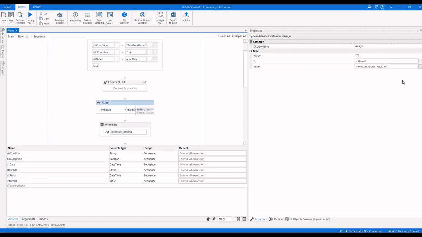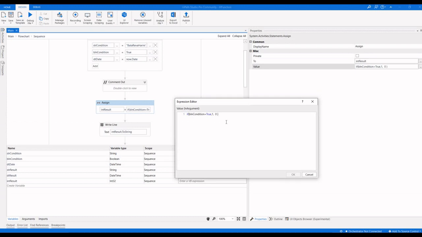Okay, I'm going to take this one, and the condition is true, and also the str condition should be Balareva. If it meets these two conditions, we have to return 1, or otherwise it will return 0.